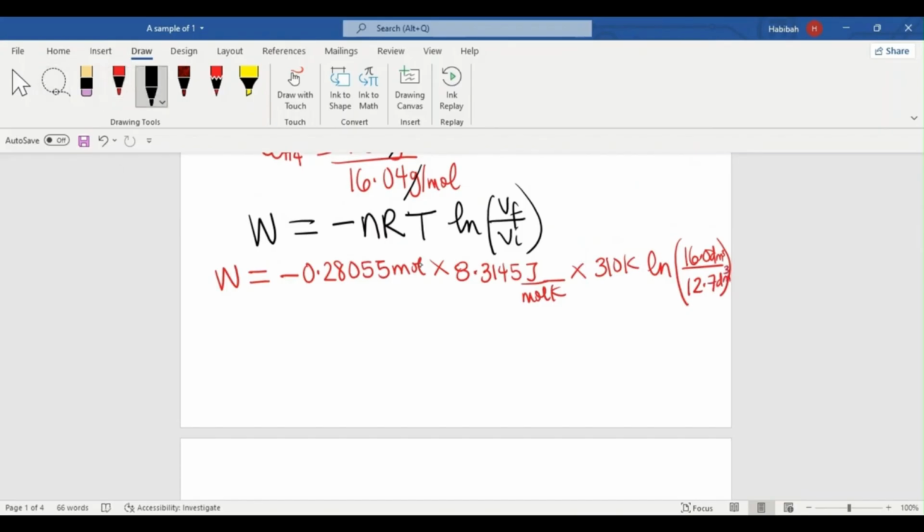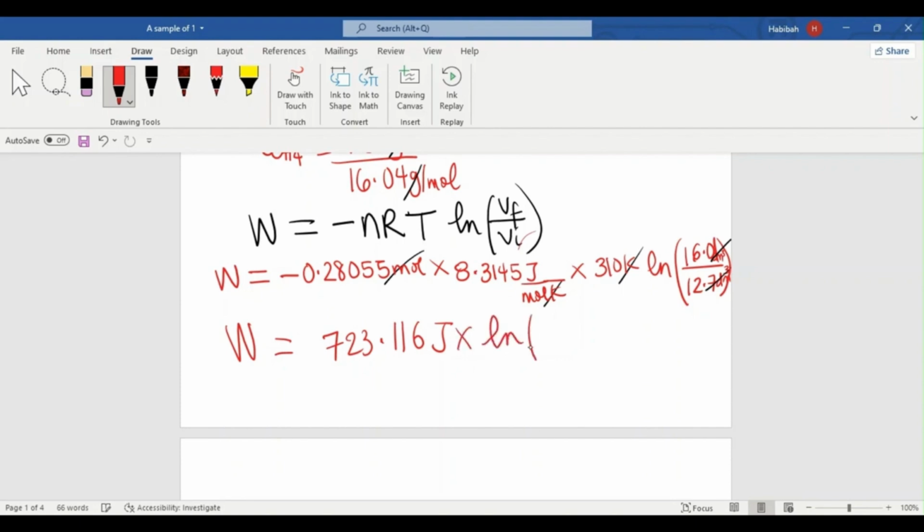So you cancel out the units: mole, Kelvin, and of course dm cubed, because the units just easily cancel. So now we have all of this information. We're going to do negative 0.28055 times 8.3145 times 310. We're going to get 723.116 joules, and times ln 16 divided by 12.7. So when you have all of that information, remember the negative. So work done is going to be equal to negative